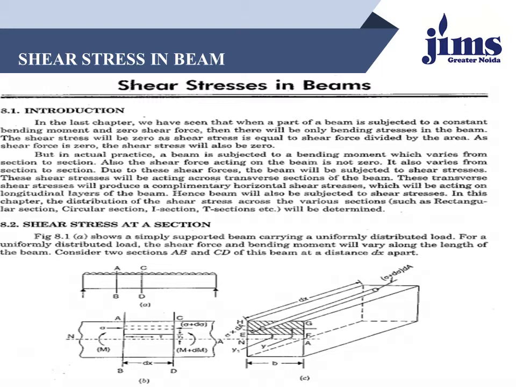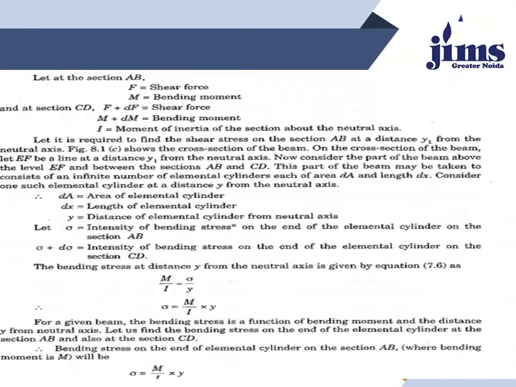This is a simple diagram of a rectangular section which shows a simply supported beam which carries a uniformly distributed load. The shear force and bending moment will vary along the length of the beam. Consider the sections AB and CD of the beam at a distance dx apart. Let at the section AB, F is the shear force, M is the bending moment, and at CD, F plus dF is the shear force, M plus dM is the bending moment, and I is the moment of inertia. It is required to find the shear stress on the section AB at a distance y1